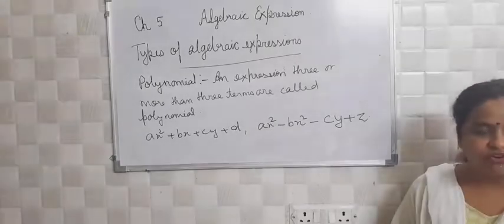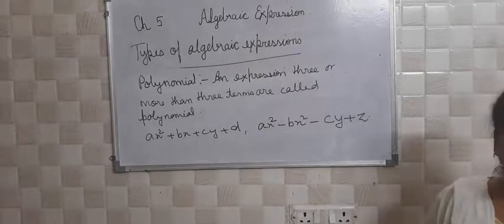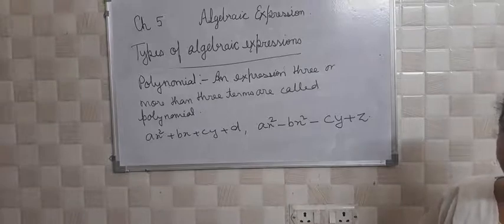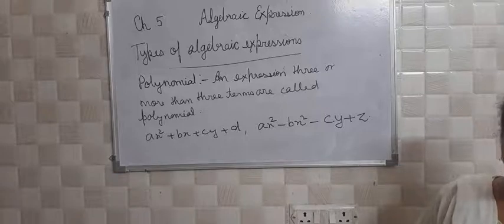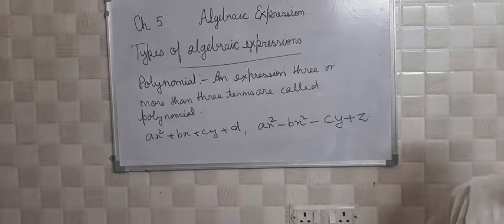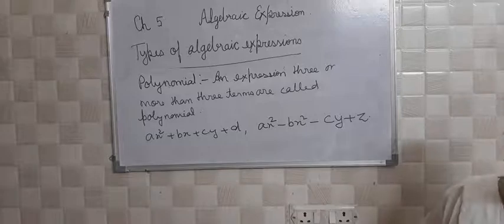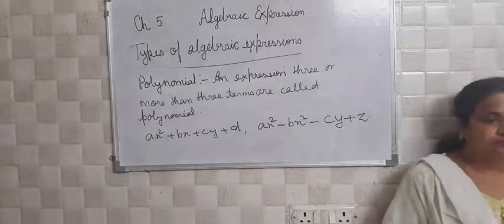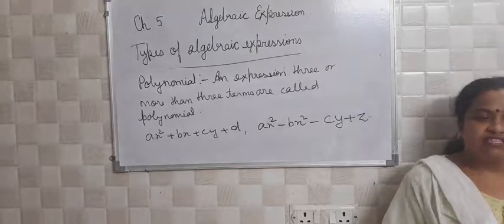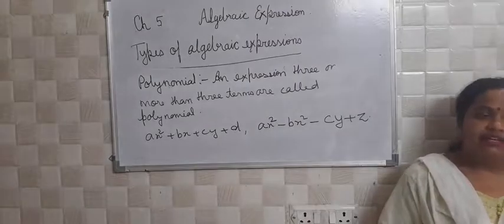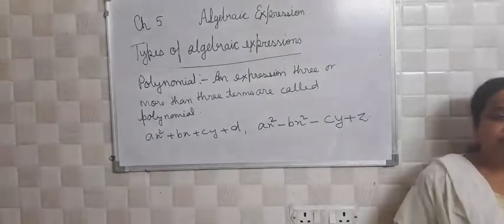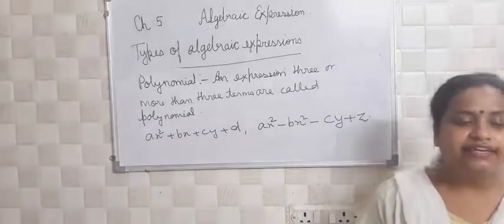Now we just recall what we are studying right now. First one we have told about mono. Monomial means one term. Second one is bi. Binomial means 2 terms. Third one is tri. Trinomial means 3 terms. Fourth one is poly. Poly means many terms. Is it clear to you all students? Today we have studied about like terms and unlike terms, and then types of algebraic expression. Now we will continue with degree of polynomial.